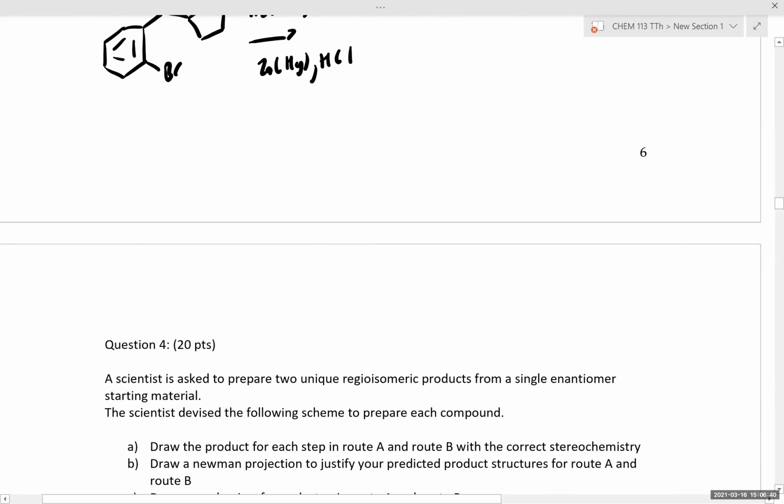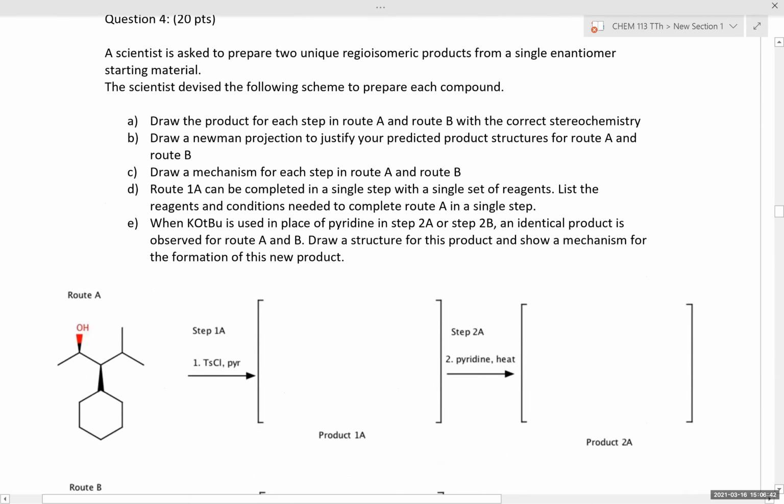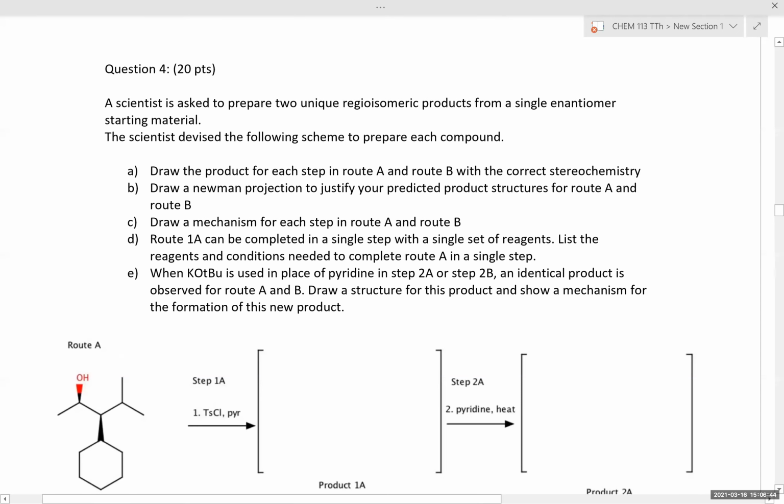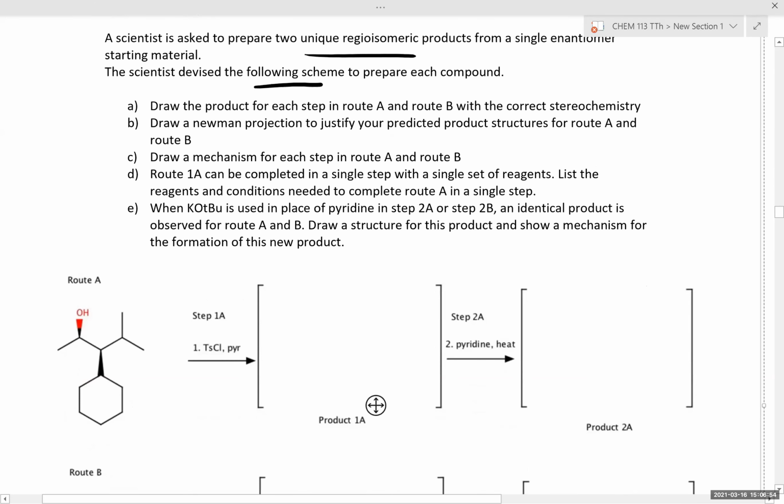Okay, so let's keep going then. So let's look at the following example. So we have the following synthetic scheme to prepare 2 unique products. In this case, these should be stereoisomeric products. We're asked to draw the product for each step in route A and route B with the correct stereochemistry, draw a Newman projection to justify our answer, draw a mechanism for each step in route A and B,